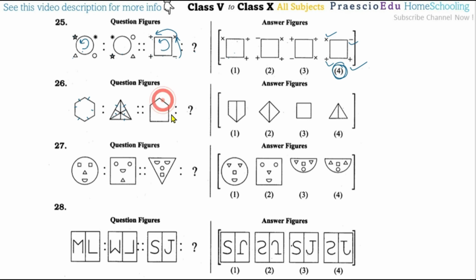Now here 1, 2, 3, 4 and 5 lines, so 5 lines are maintained only in option number 2, and the vertices are attached. Okay, so that's why option number 2 is correct. Now in option number 1, the pentagon is already maintained and an additional line is there, but a line should not be added, so option number 1 is incorrect. Option number 4 shows 4 lines, so that's why it's incorrect.